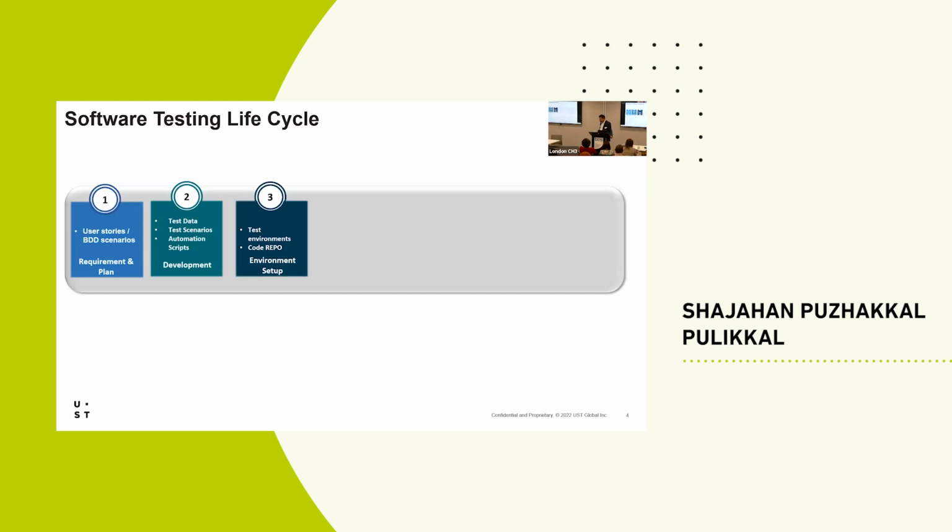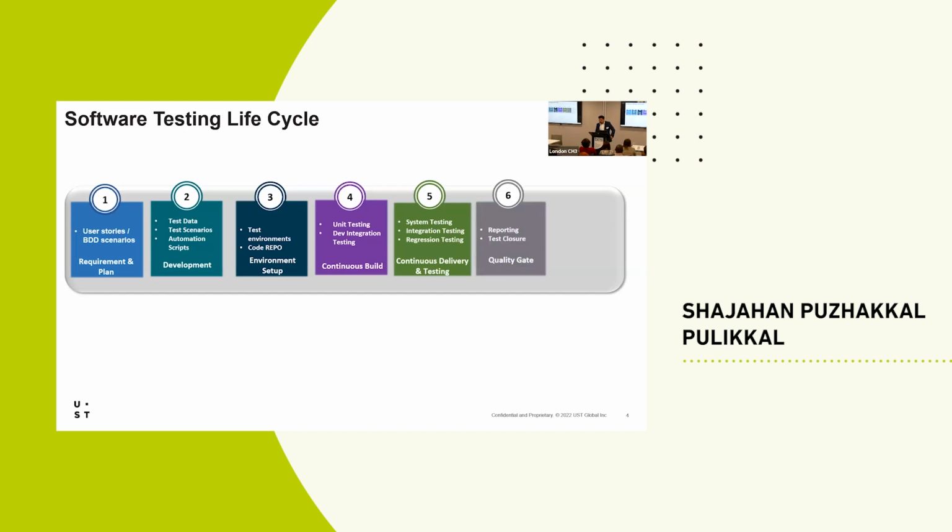So we'll finalize the code in the repository and go for the test environment setup, the UAT and QAT environments. Then the test execution will start from the development environment, like unit testing. System testing is going to start from that. And then system testing, integration testing, all the test activities that QA engineers basically follow. So regression testing, system integration testing, all these things will happen on number 5.